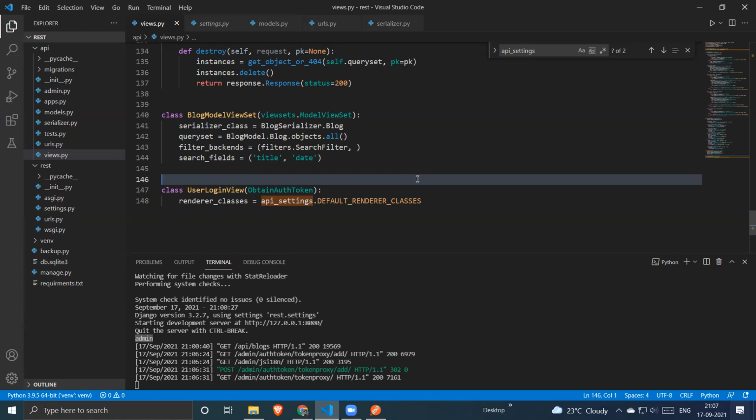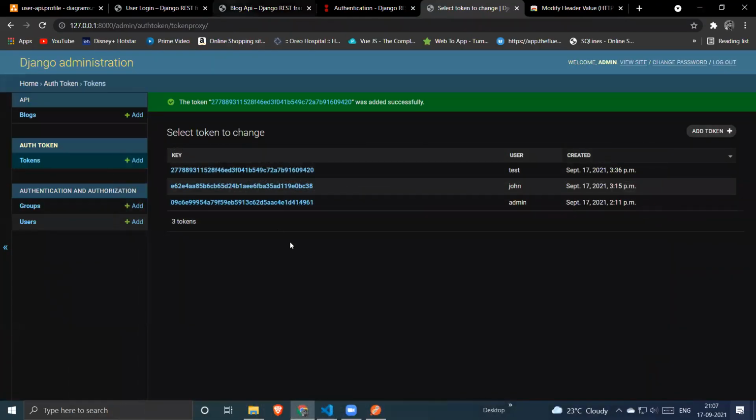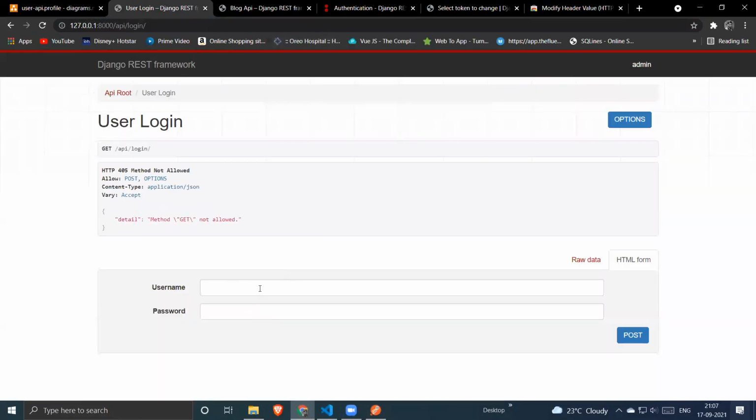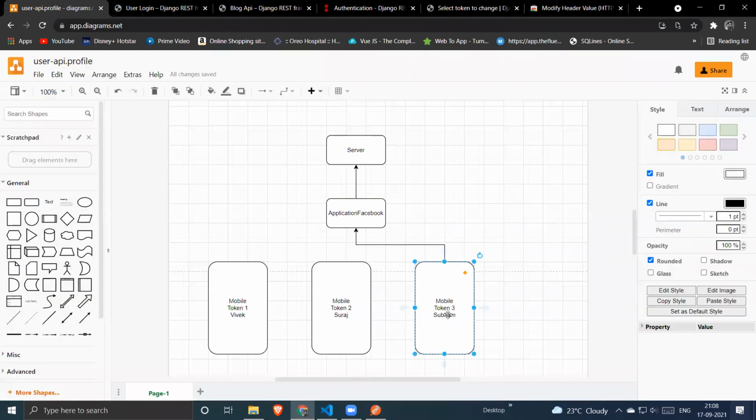And is this token created at client side or server side? Token is created on the server side and sent to the client side. So whenever you make a login request, the token is generated from the server side and passed as an API response to the client side. So the client will also have the same token as the server has. That's how they can check, yes, this is the request from that particular device. For example, the same token stored on the client side should be the same as the one stored on the server side.